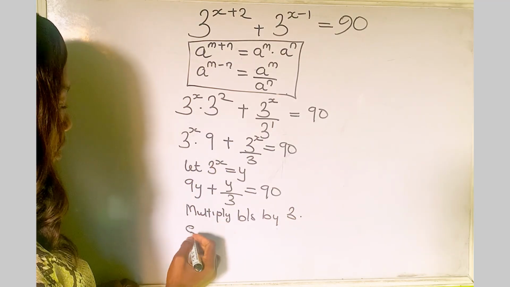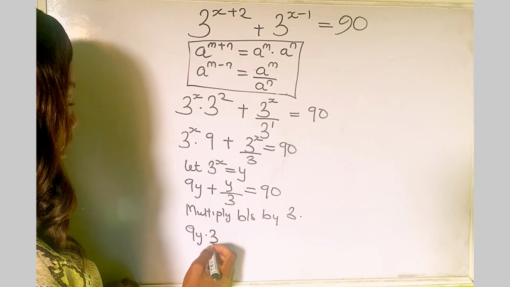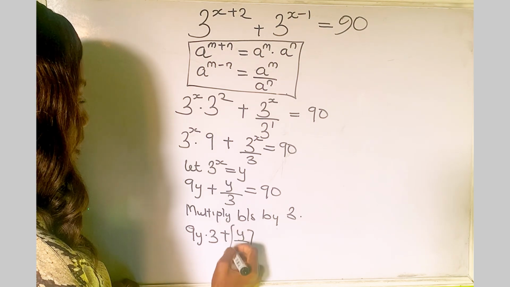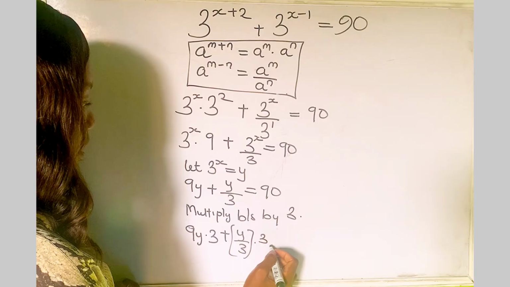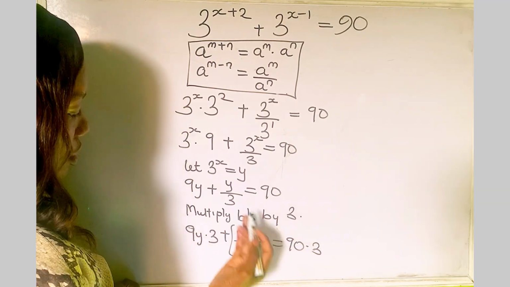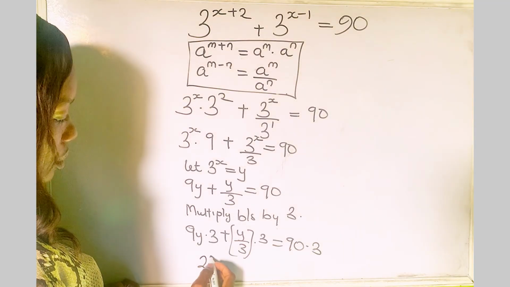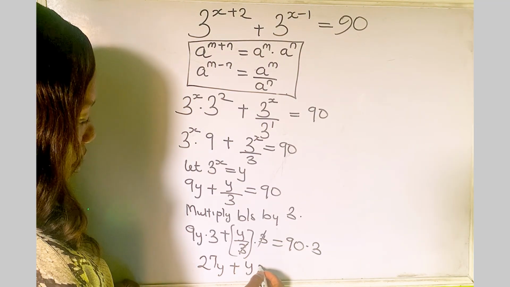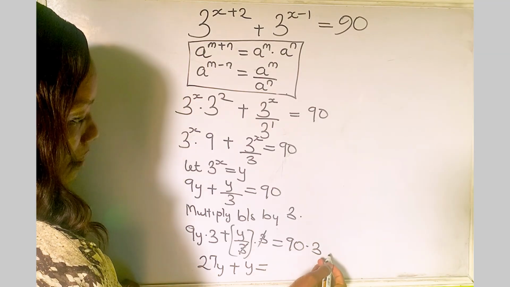So here we have 9y multiplied by 3, plus y over 3 multiplied by 3, is equal to 90 multiplied by 3. So here we have 27y plus, this cancels this, you have y, is equal to 90 times 3, you have